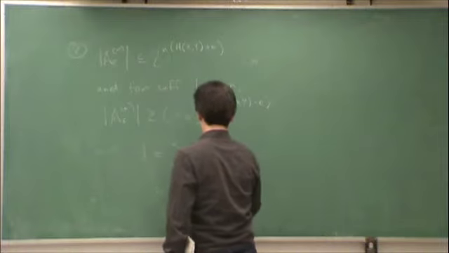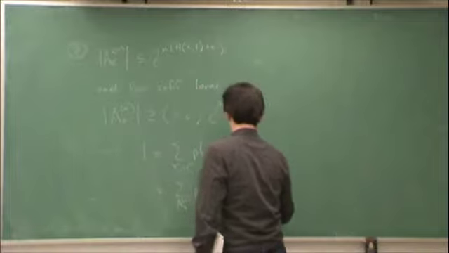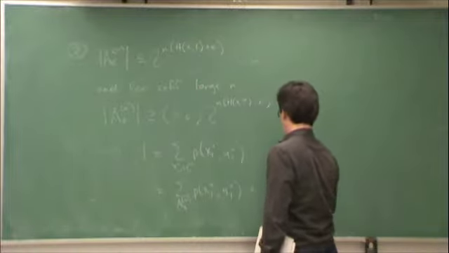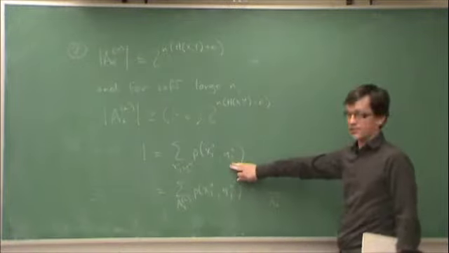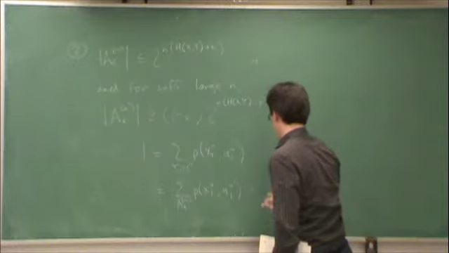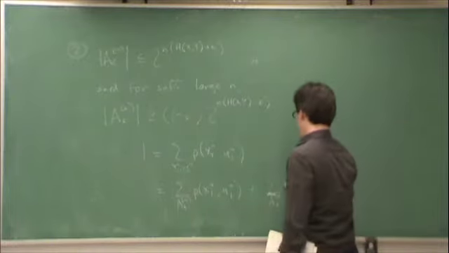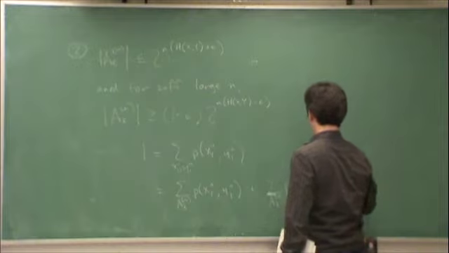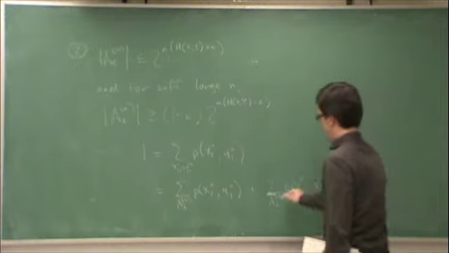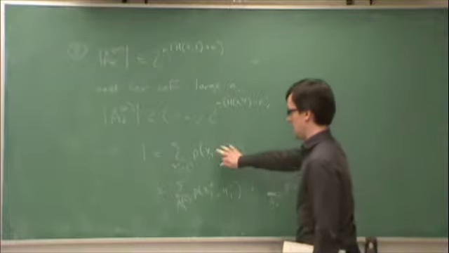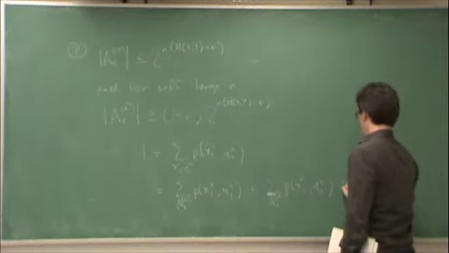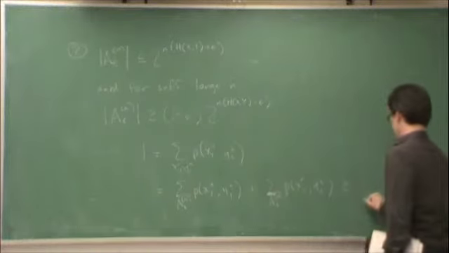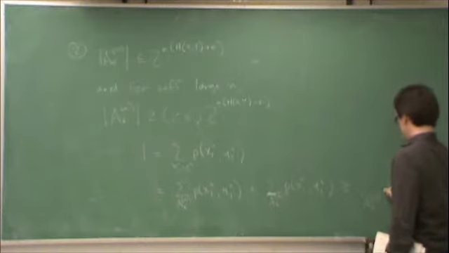So this is the term of this sum that's in the typical set. I'm going to put a bar here over the typical set to indicate complement. This is the term that's not in the typical set. And the approach is I throw this term out and I say that therefore this term is greater than or equal to just the probability of the typical set. So that's true because probability is positive.